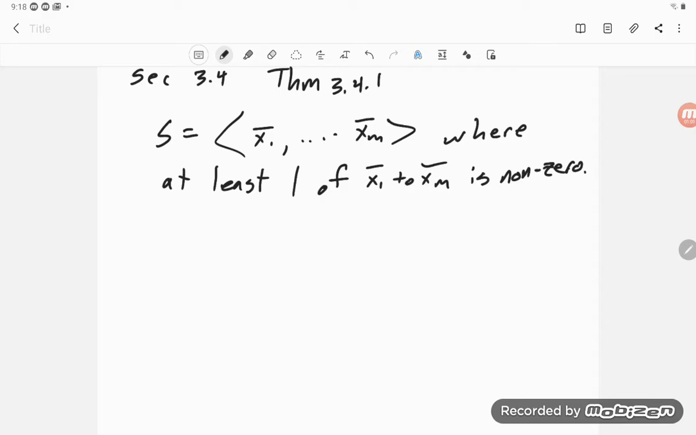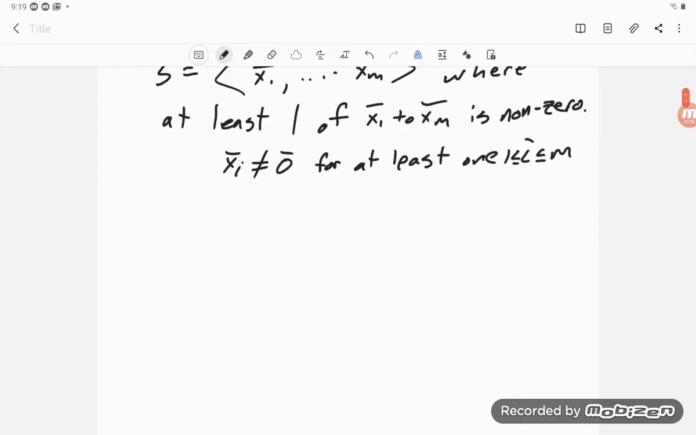Another thing we could say is xi is not equal to the zero vector for at least one i, where i is greater than or equal to 1 and less than or equal to m. The reason they do that is that we could just have zero vectors, in which case that's not very interesting. So if that's the case,